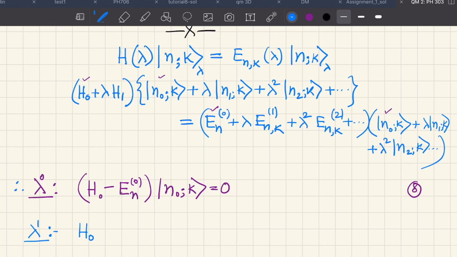So that is the lambda to the power 1 order term. But we will also have en naught acting on n1k. So this is going to give us h naught minus en naught n1k is equal to, now we have